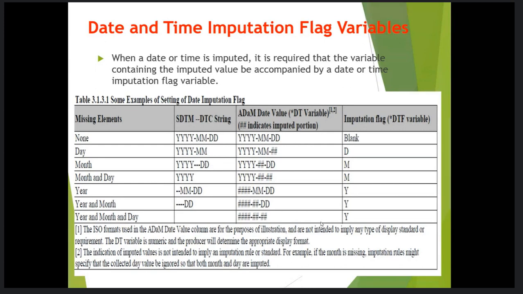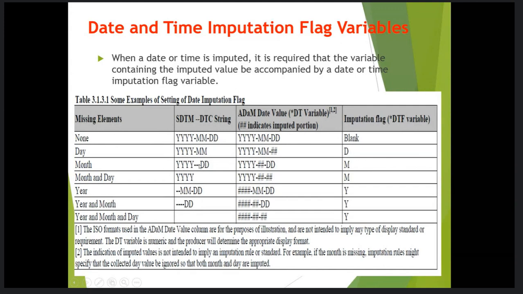And what is that flag that we create when we have an incomplete date? DTF. What is the DTF? Date imputation flag. In the first example here, we have a complete YYMMDD. So when we have a complete date, the DTF, the date imputation flag, will have a missing value. Then in the second example, I have a 4-digit year, 2-letter month, but there is no day. So in that scenario, we are going to have a D.